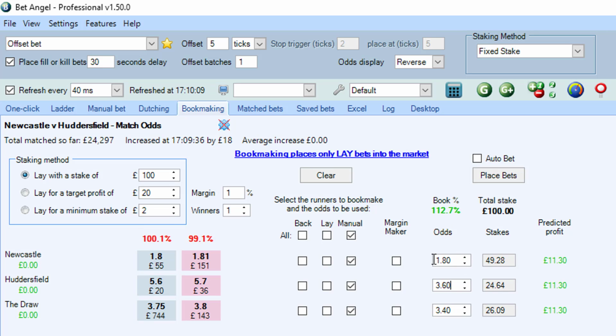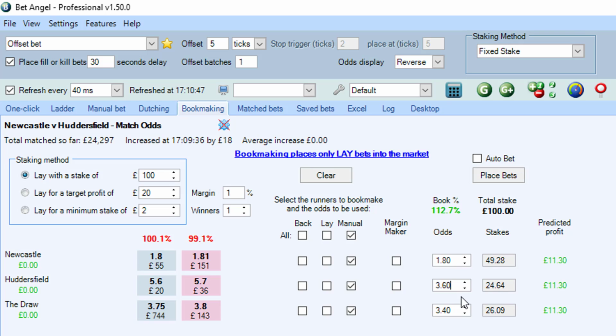Now they are actually, give them credit, they are fairly competitive on Newcastle. So it's not a ridiculous proposition on Newcastle, you suspect, because you think that probably the exchange is full of smart money and they probably have that price right. But it's undoubted that these prices will change as we head into the weekend and the market adjusts for new information. But you can see they're pretty uncompetitive on the remaining selections, and very uncompetitive when we go for the away win. So there's absolutely no way that you would back an away win here, but maybe you would be able to get a decent price at the bookmaker if you were backing just Newcastle.